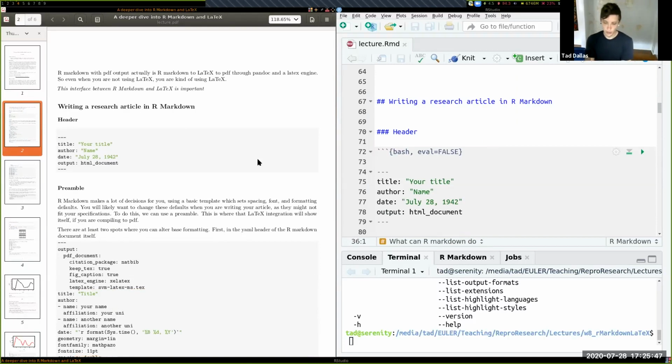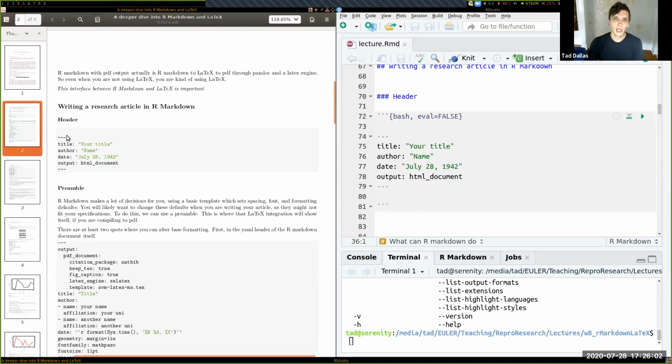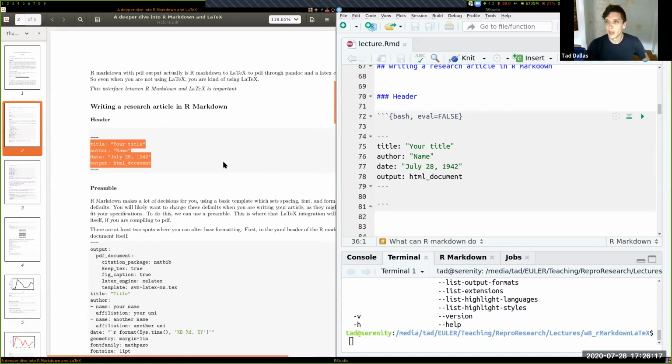So now we'll start with the assumption that we're going to write a document in R Markdown. And what I want to go into is a little more detail on the YAML header than I did previously. YAML stands for yet another markup language, as we've covered before. And it's structured in terms of R Markdown as separated out by these 3 dashes. And there's many different arguments that you can include in the YAML header. And so this is a very basic one here, which I think maybe what I introduced.